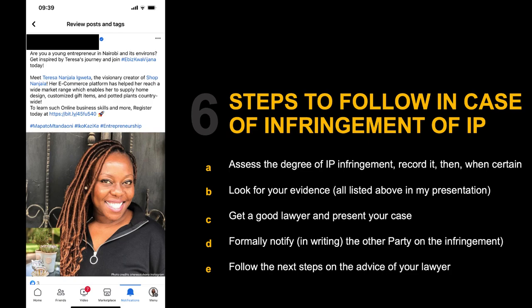Hardly do people go to court in this market, but I think it's always good to actually know the steps. And should you go to court, claim what's yours, right? So I think